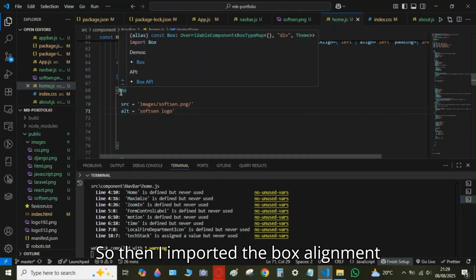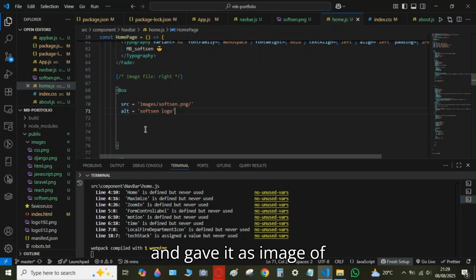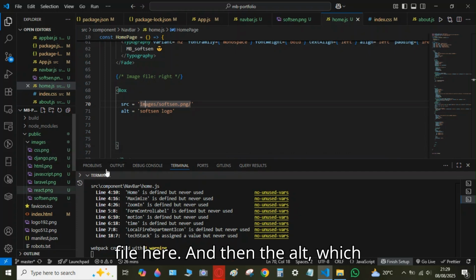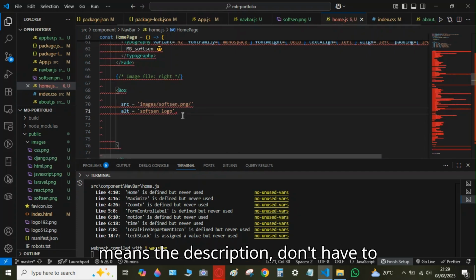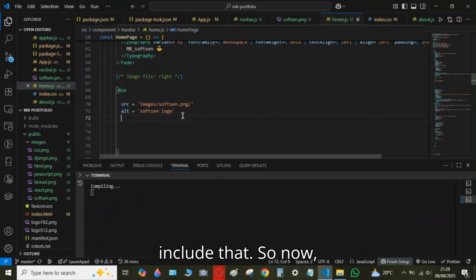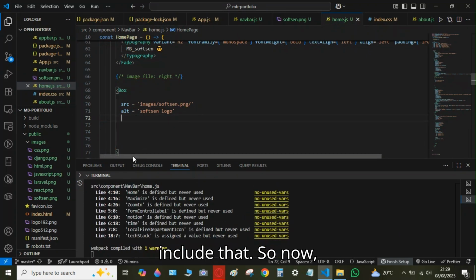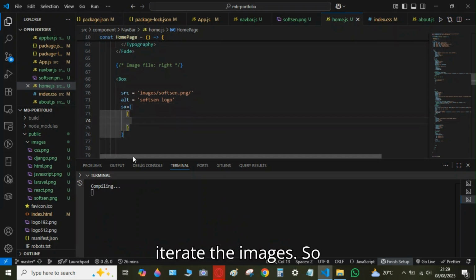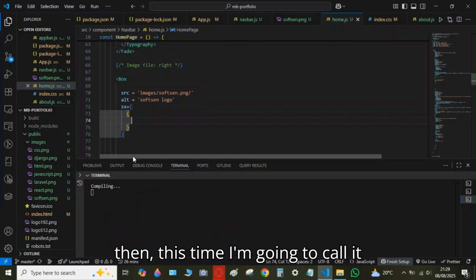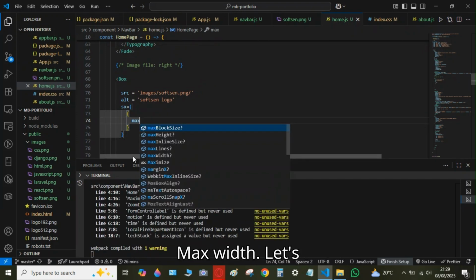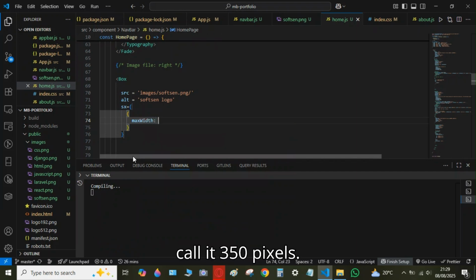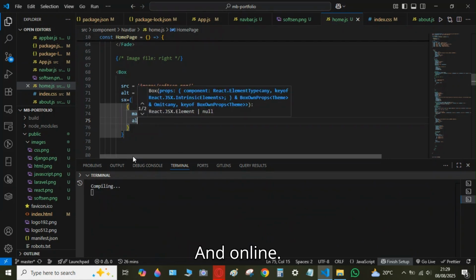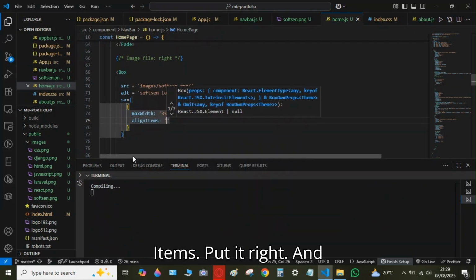So then I imported the box alignment and gave it the images from the public folder and the file here. And then the alt, which means the description, I don't have to include that. So now this is where I have to iterate the images. So this time I'm going to call it max width. Let's call it 350 pixels and align items, call it right,